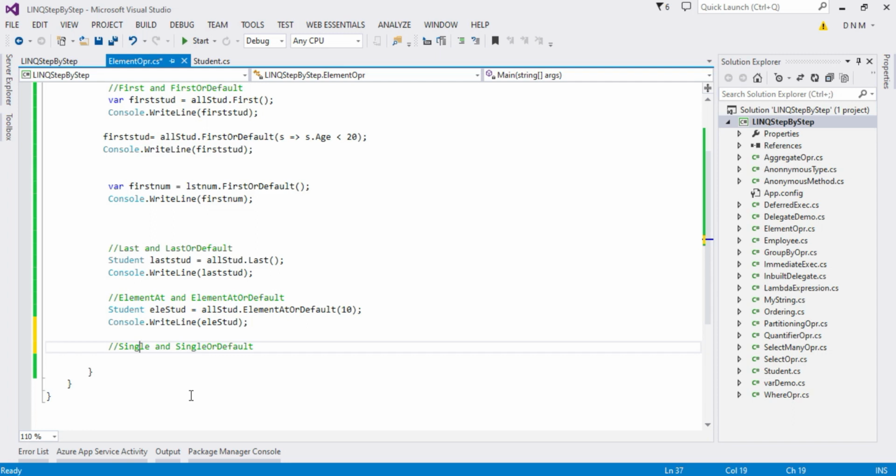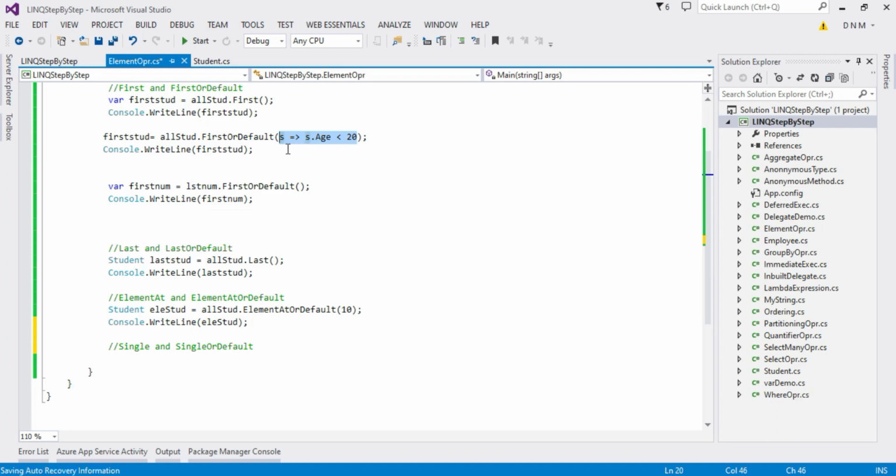Okay, so what the first operator does is it gives you the first element in the collection if it is present, definitely. Okay, but what single and single or default do is they originally expect a single value from the operation. Okay, means here if I put this predicate, what can be the result? What is the predicate? Age is less than 20. Now there is a possibility that there are many students whose age can be 20. Okay, this is one probability, right?